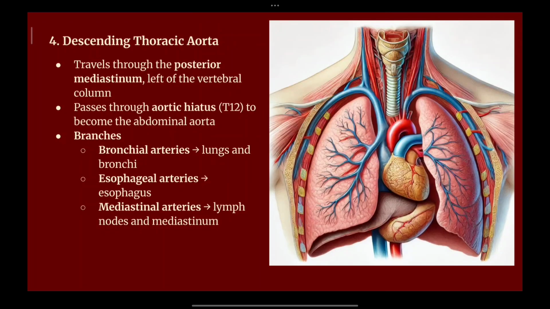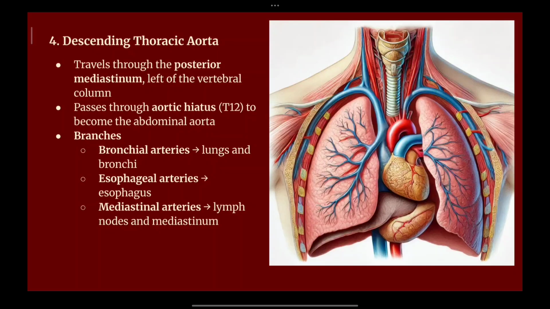The descending thoracic aorta, here we'll be saying the last part of the aorta. Here the position of the thoracic aorta is posterior to the mediastinum. So it's in the posterior region, that is behind the mediastinum, and it also is anterior to the left side of the vertebral column. So the vertebral column is in the medial region, so it is to the left lateral region where it is mostly covering the left part, and this thoracic aorta is passing through the aortic hiatus.